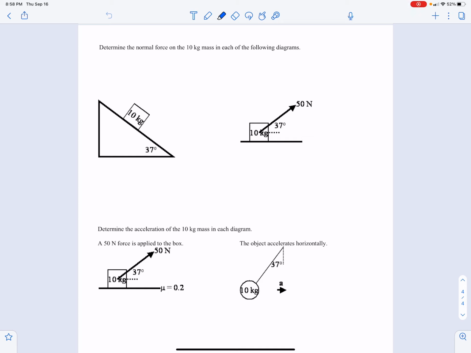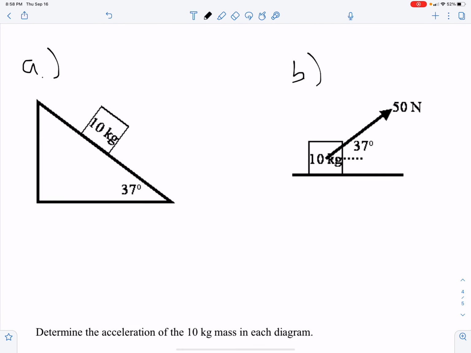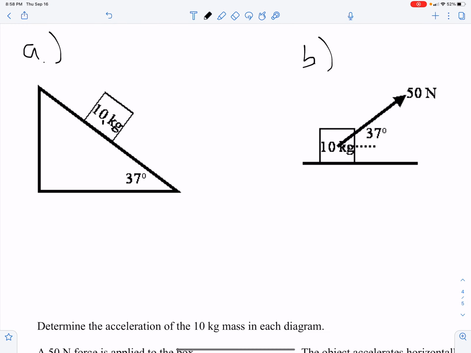Determine the normal force on the 10 kilogram mass in each of the following diagrams. Let's call this diagram problem A and this diagram problem B. Start off with a free body diagram, a force diagram rather, on each mass. On A,